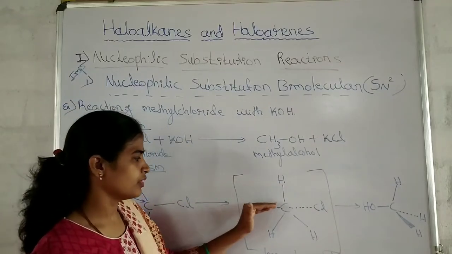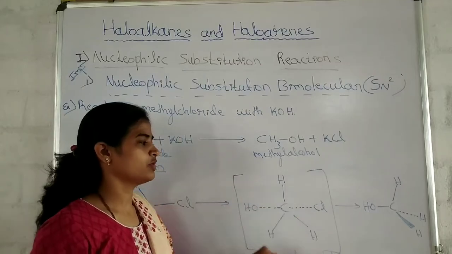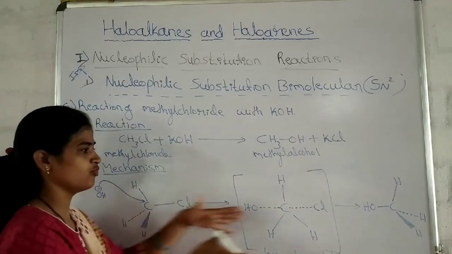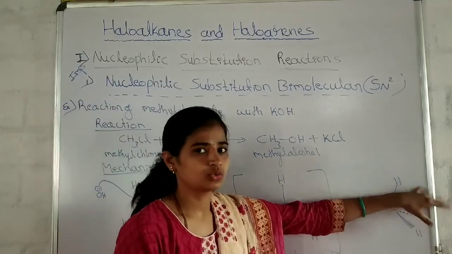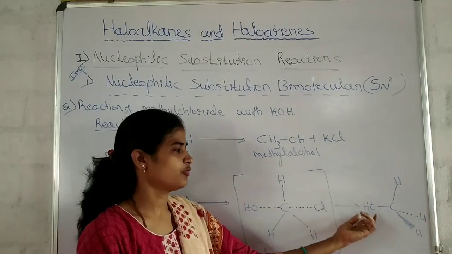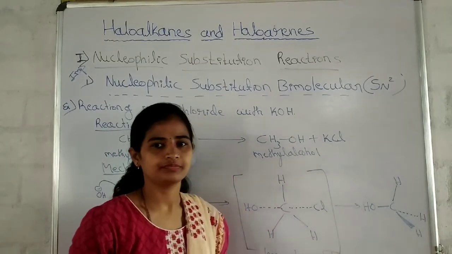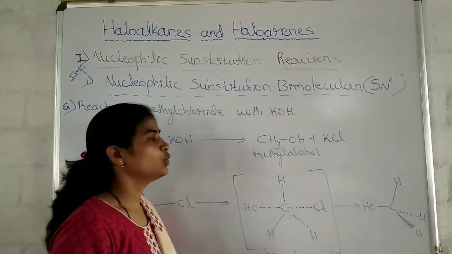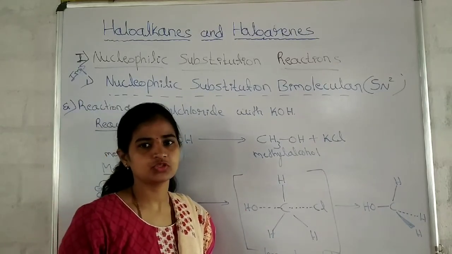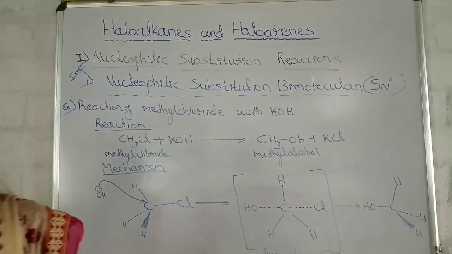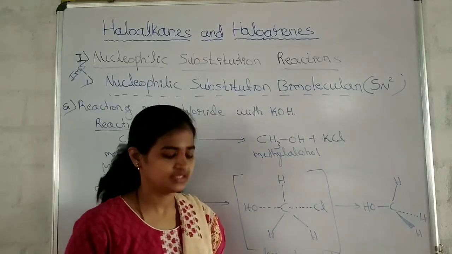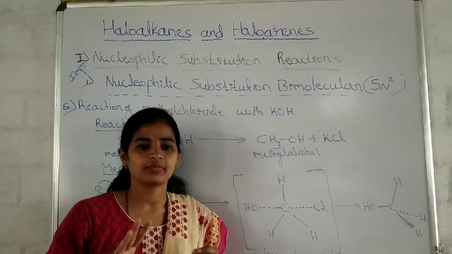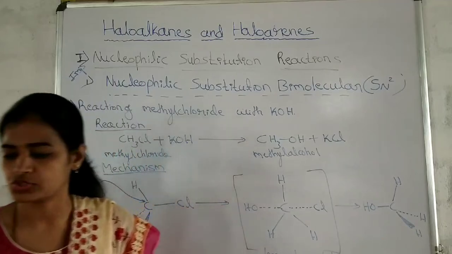And as it forms a still stronger bond with the carbon atom, all these hydrogen atoms which were away from the halogen have moved to the opposite direction. Means they have now become away from the nucleophile. This is important to be remembered. This is called inversion of configuration. It is exactly the same as this: if we are taking an umbrella and a strong wind is blowing, what happens? The umbrella turns inside out.